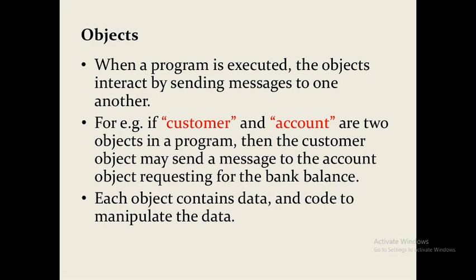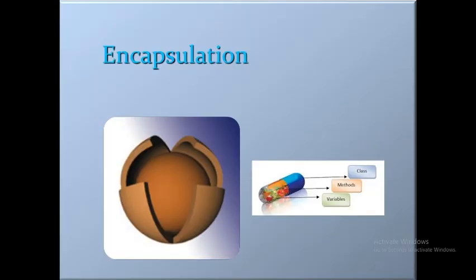The next and very important feature of your object oriented programming language, because we have seen what is the need of object oriented programming language, and the need is to overcome the limitations of procedural oriented programming language. And the limitations were security, and the second is reusability and extendability. So again, the question might arise how we are going to overcome these drawbacks in an object oriented programming language. For that, the very first feature, or one of the major pillars of object oriented programming language, is called data encapsulation.